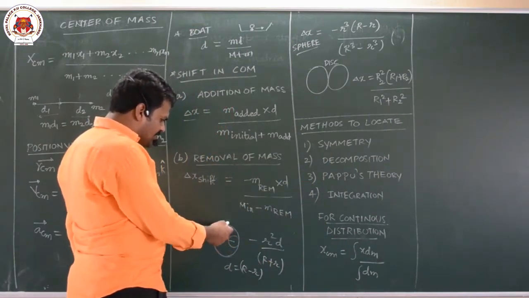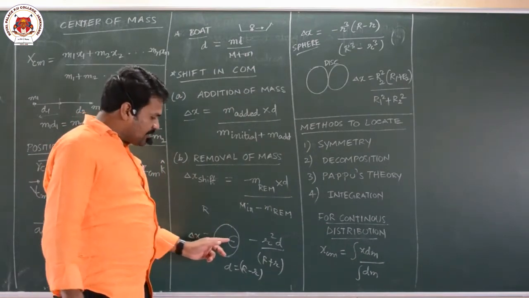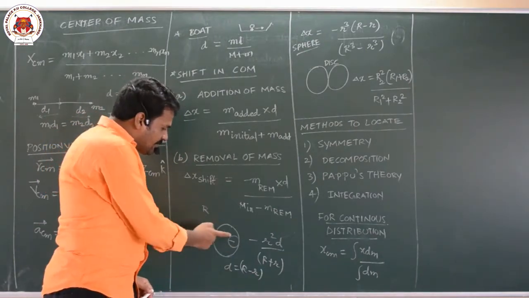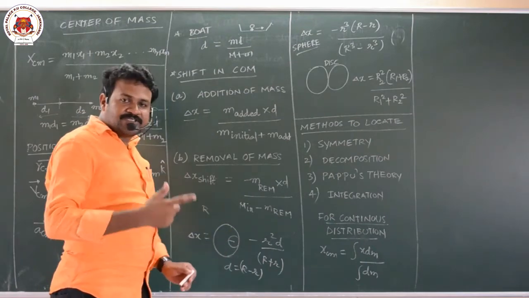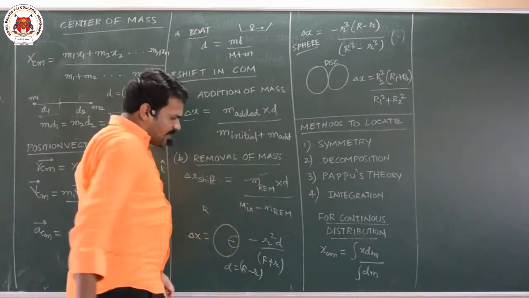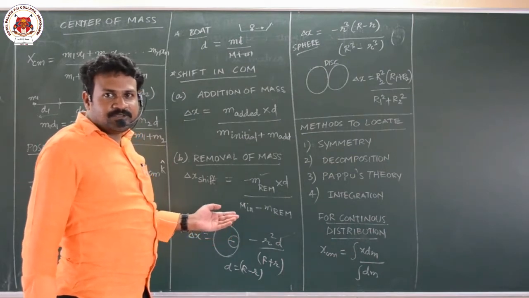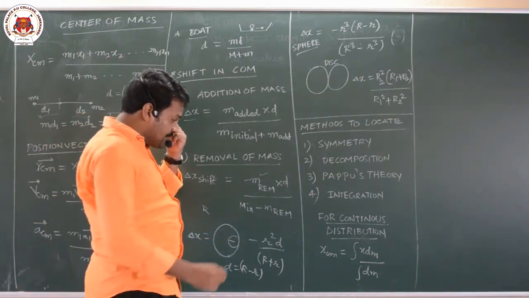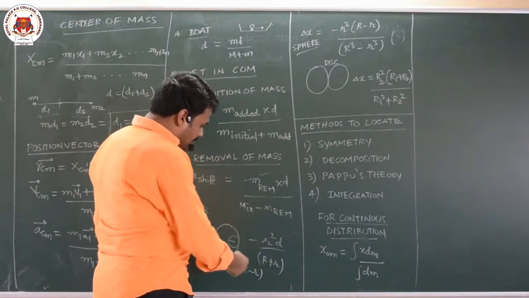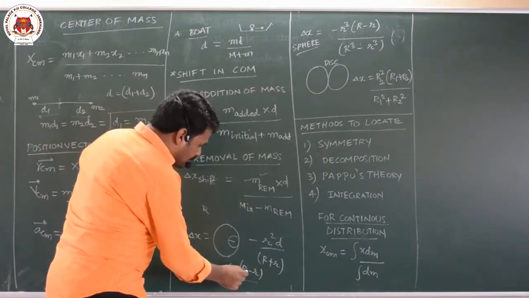Removal of mass means, you can see here there is a disc of radius capital R. From the disc, a small disc of radius small r is cut from one side. When you are cutting a small disc of radius small r from a heavy disc of radius capital R, then for the shift in the center of mass, if you take this formula, mass is proportional to area here. Mass you can write as area of cross section into length into thickness. If you write area of cross section into thickness, you will get this value. Next, d is equal to capital R minus small r.